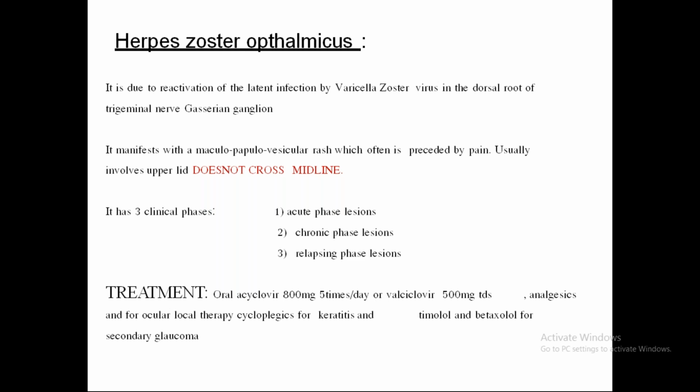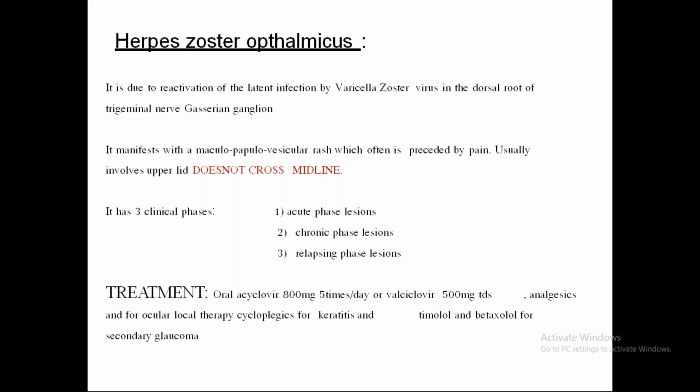Usually involves the upper lid and does not cross the middle line. So it has three phases: acute phase lesions, chronic phase lesions, and relapsing phase lesions. So what is the treatment? We have to advise the patient oral acyclovir 800 mg 5 times per day, or valciclovir, which is 500 milligrams